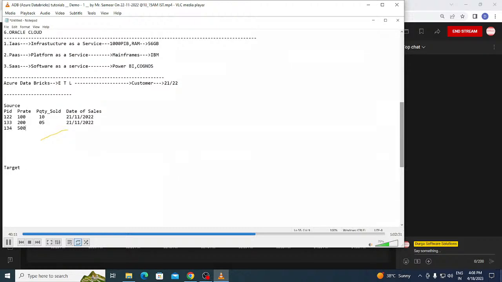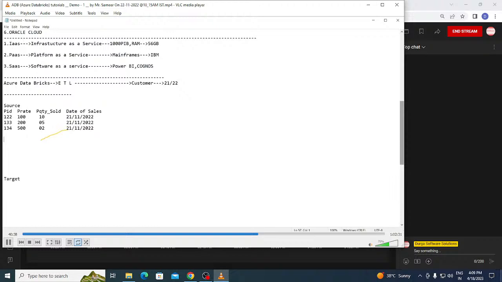And then I have another, 500 and 02, with the date 21/11/2022. Now, guys, this is what we have. The first day, that means the 21st data, is already recorded. Do we have the 22nd data? No, we will write the 22nd data. So to write the 22nd data, I'll simply copy this information and paste it here.